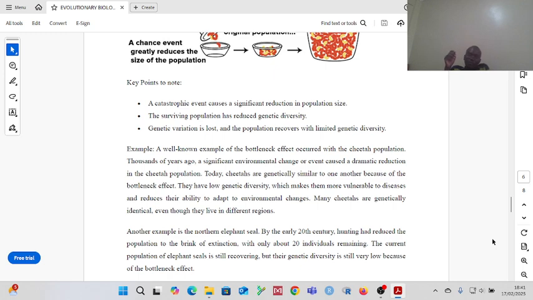The surviving population had a significantly lower population size compared to the population before the change in the environmental conditions. So the cheetah population that now had to be created from the surviving ones ends up being fairly genetically similar to one another. Why? Because the ones that died